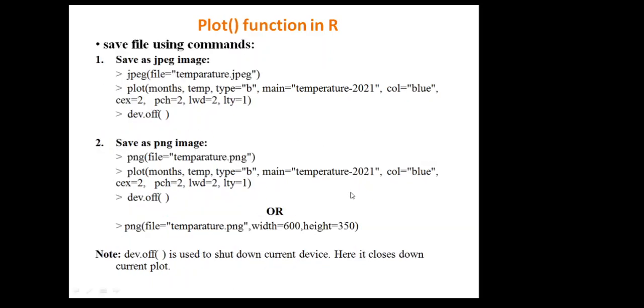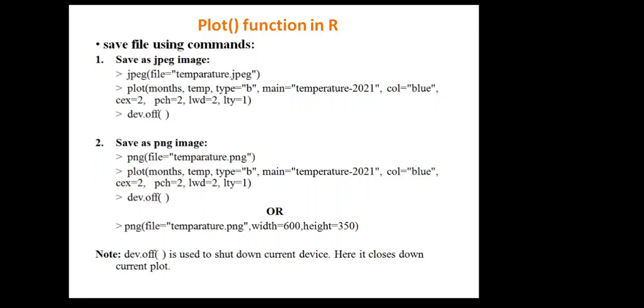Now next we'll see how to save the created graph in terms of various images. We have created our graph, but that is not enough. After creating that graph, we need to store it so that we can analyze it afterwards. We can save our graph by giving a JPEG extension, or we can save that graph as a PNG image, as a BMP image, or we can save that graph in a PDF file also.